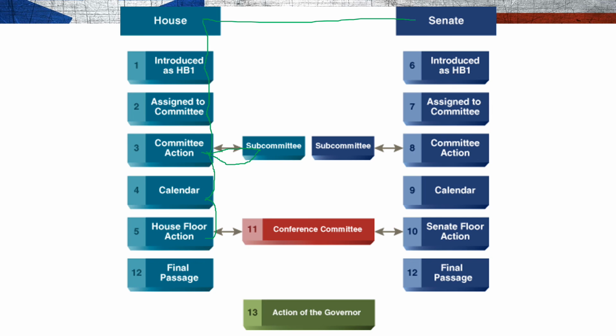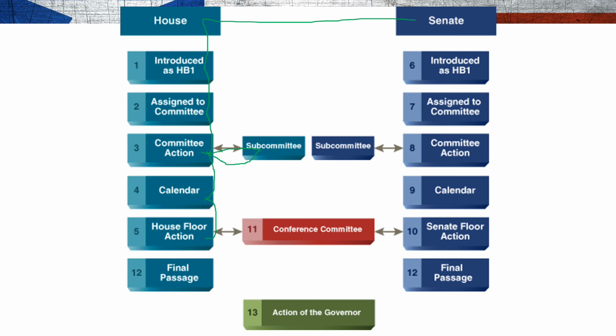And then at this time, after the House has a chance to hear the bill, the bill can be voted down, saying it's just done. The House is not going to pass this bill. They can change the bill. They can send the bill back to committee for some amendments or some more discussion or some more information.